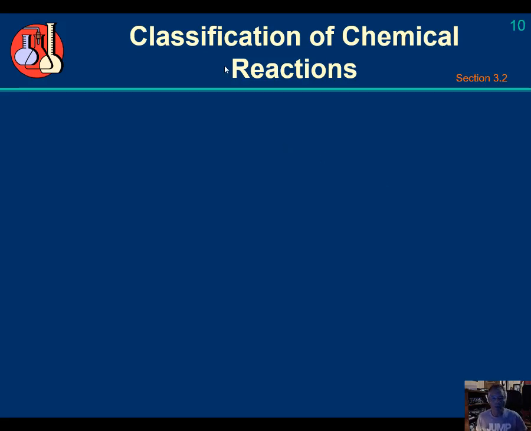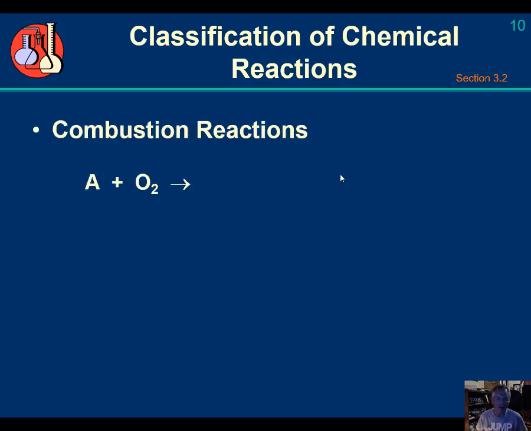One of the things we're going to want to do is come up with some broad classification of chemical reactions. It enables us to simplify the recognition of types of reactions. So one of the most easily recognized reactions is this. It's a combustion reaction. The way that we recognize these combustion reactions is that over here on the reactant side,